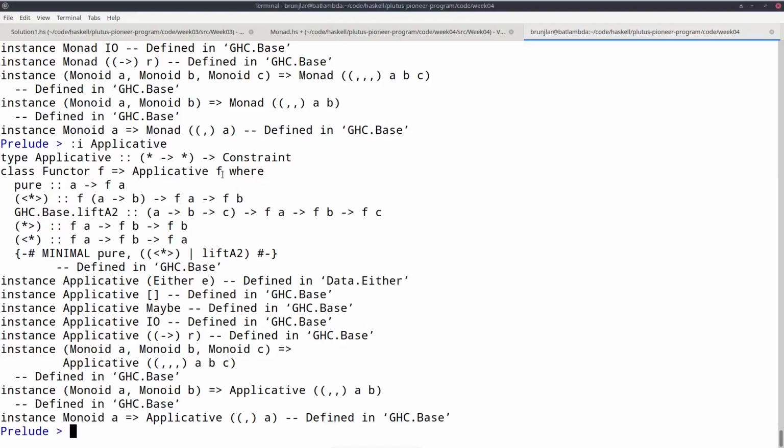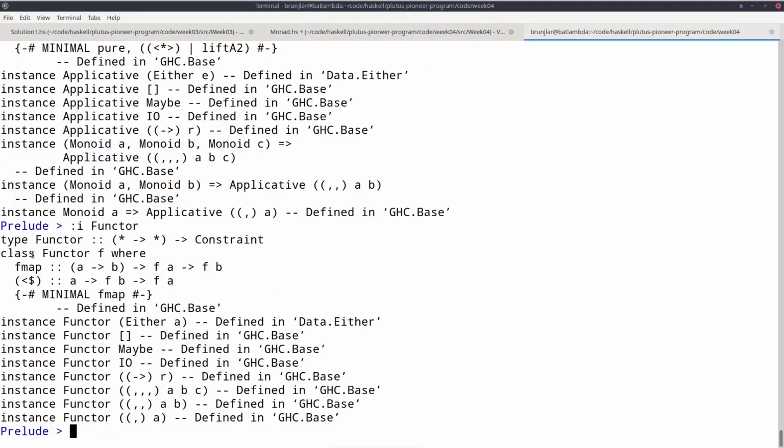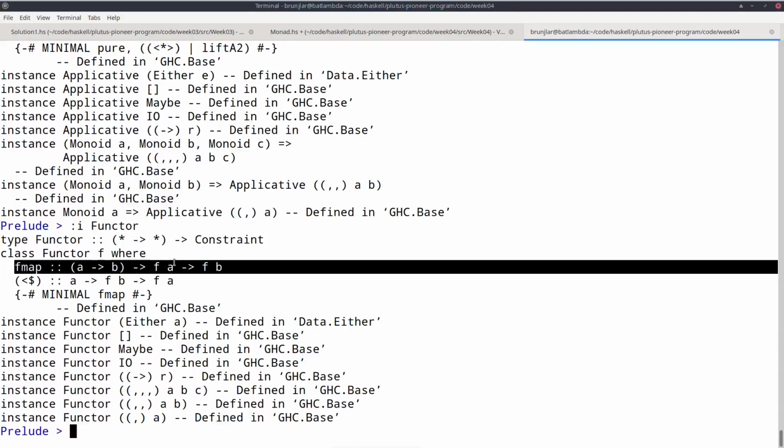We see that applicative in turn also has a superclass functor, which I mentioned before in the context of I/O. Functor has this fmap class method. Given a function from A to B, we can turn an FA into an FB. The prototypical example for a functor is lists, where fmap would just be map.